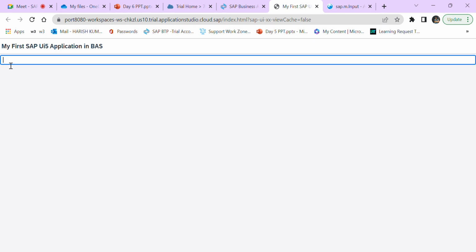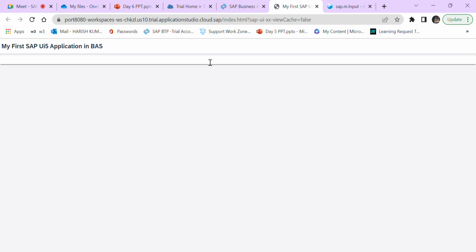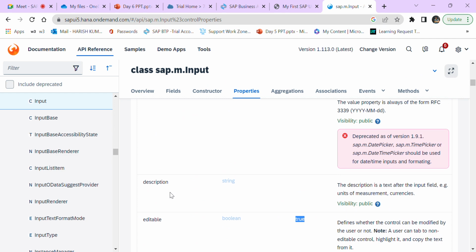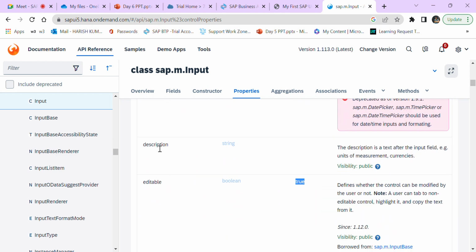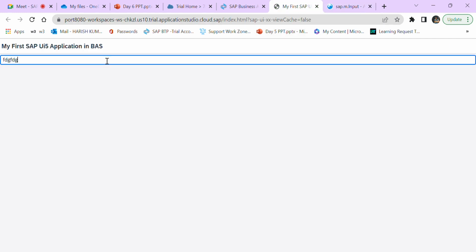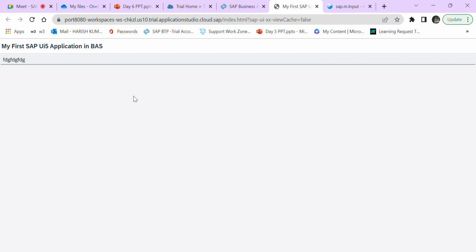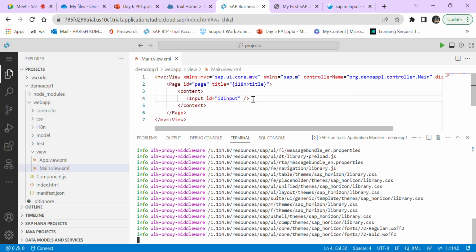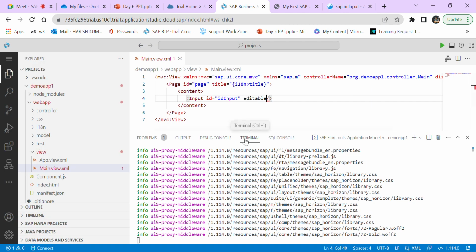You can see there is one input created. Now what we'll do is, I want to give editable. Now if you see, you can enter anything. Now what I'll do is I'll give this editable property to it. Editable equal to,